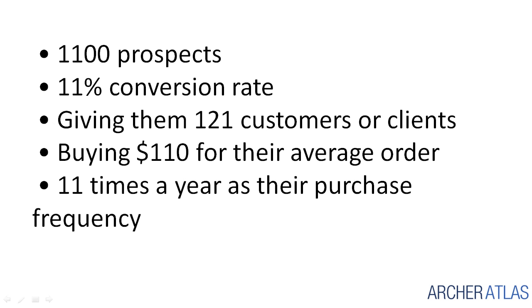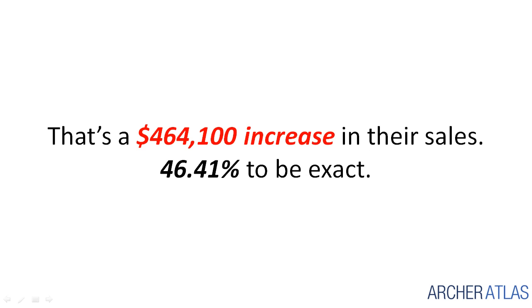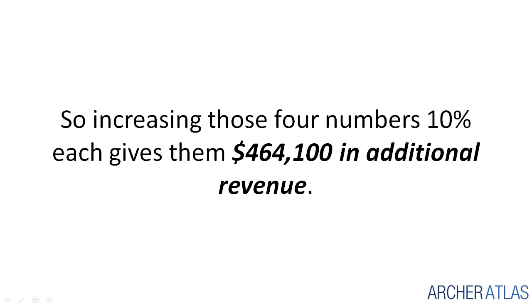They'd have 1,100 prospects, 11% conversion rate, giving them 121 customers or clients, buying $110 for their average order, and 11 times a year as their average purchase frequency. So with that, 1,100 times 11% times $110 times 11 equals $1,464,100 in revenue. That's a $464,100 increase in their sales, 46.41% to be exact. So increasing these four numbers 10% each gives them